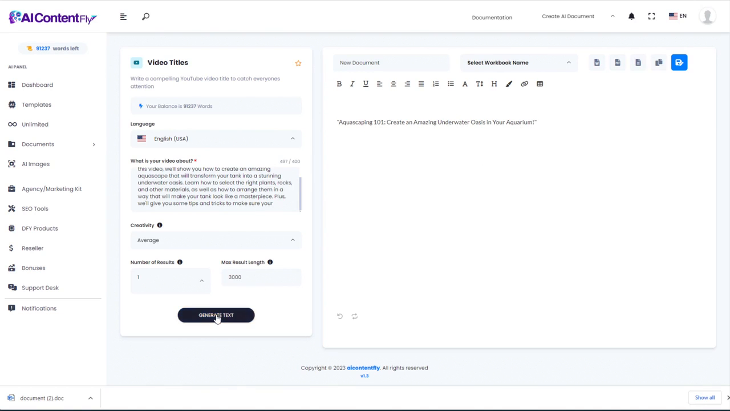Now, if you didn't like that one, you could go ahead and generate another one. Unlock the secrets to creating a stunning aquascape, a step-by-step guide. I think I like that title a little better, so I'm going to go ahead and copy that one to use in our next template,